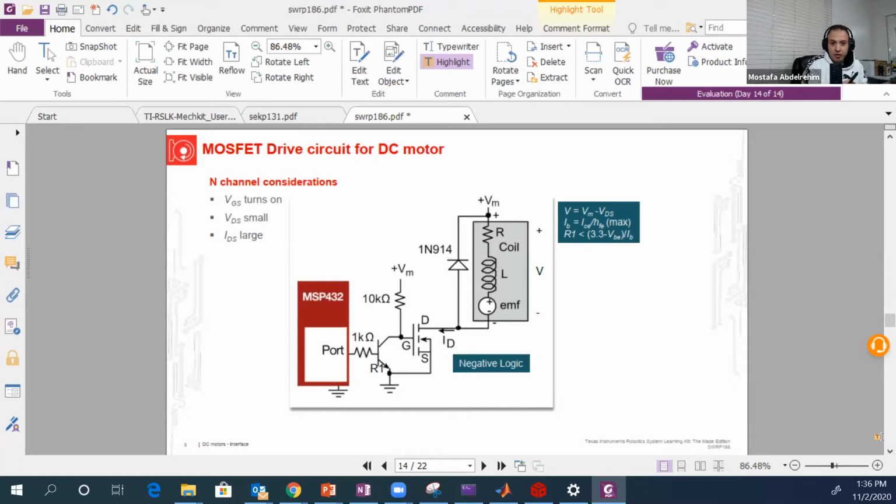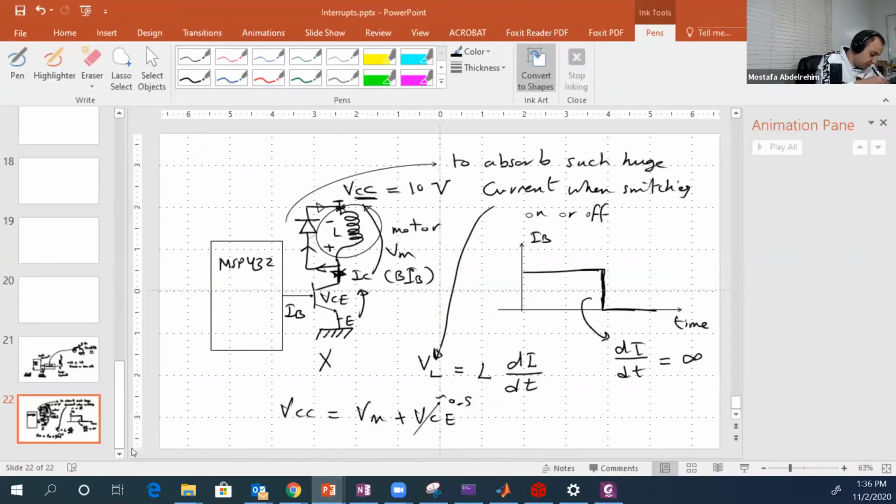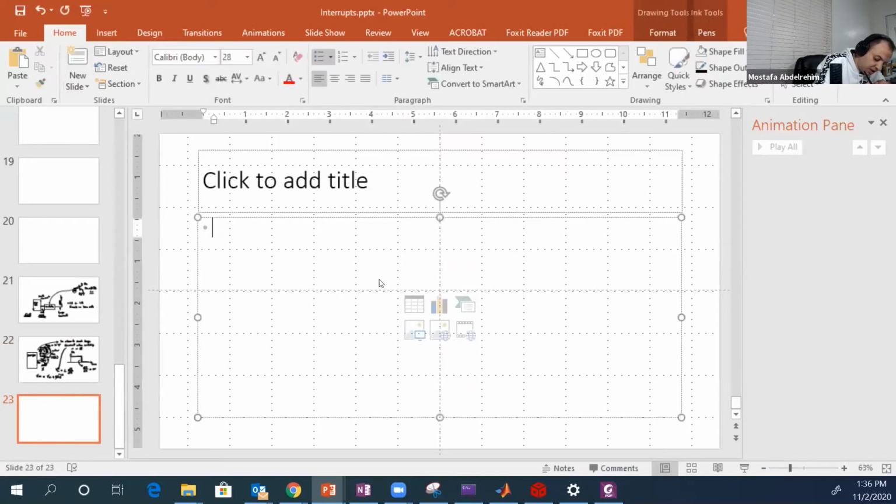Okay. But we have a problem so far with either this circuit or this circuit. The problem is that the motor will run in one direction. So the motor is a very nice circuit. So as a circuit element, if we look at the motor, let's go back here to this slide. So if you have a motor like this,